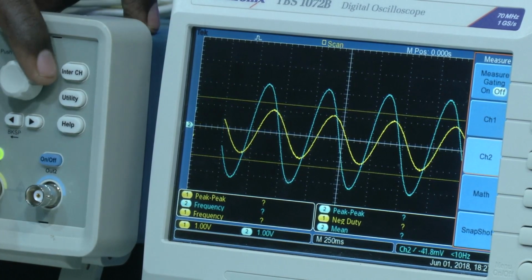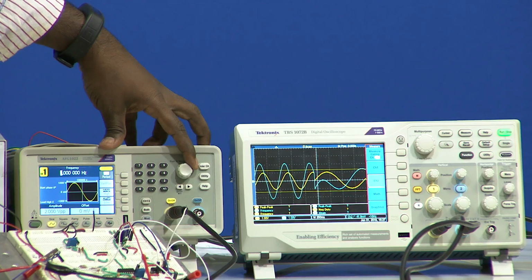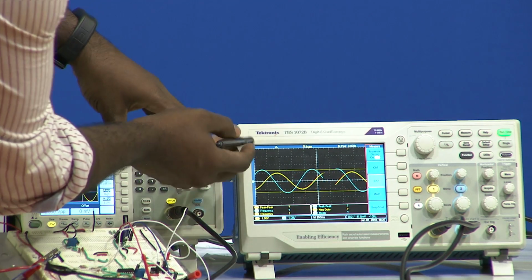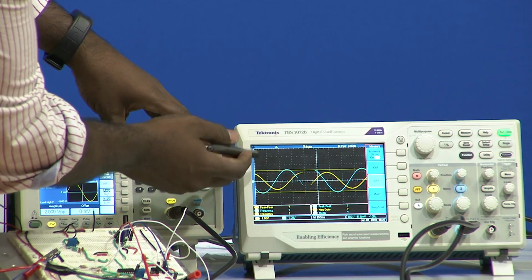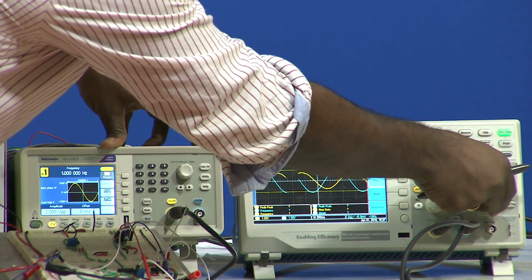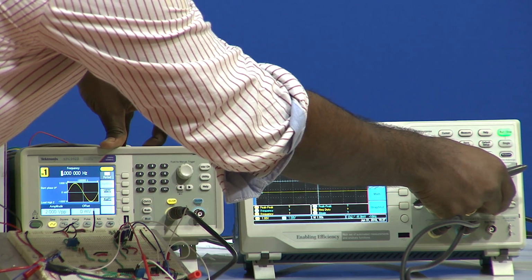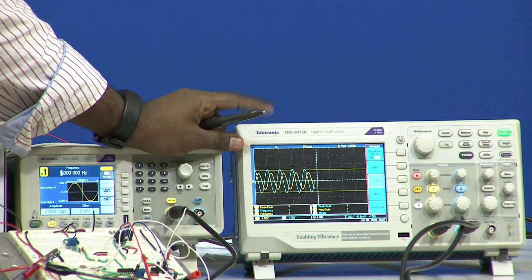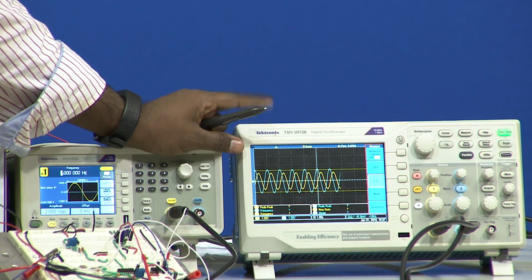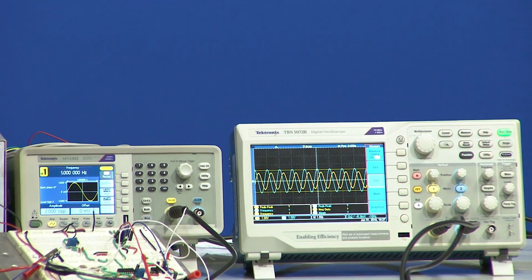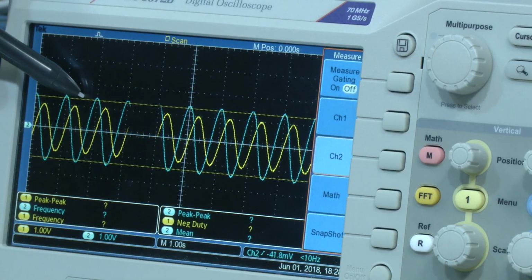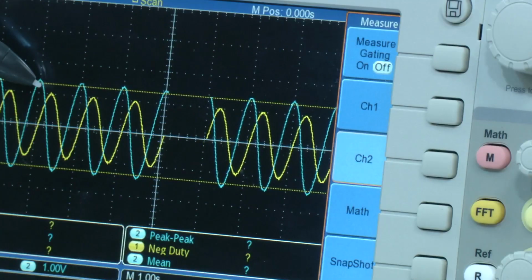Now, I am coming to 1. Now, when it comes to 1, we can observe that. So, I will decrease the scale. When we zoom the input signal towards the CRO, we can observe that the output is very close to the cursor, but still it is higher.